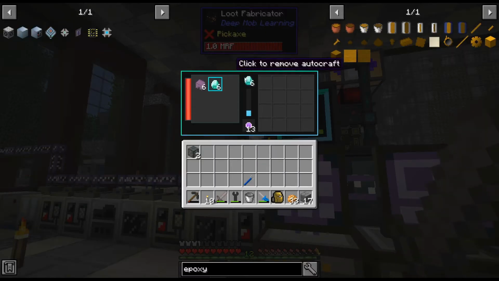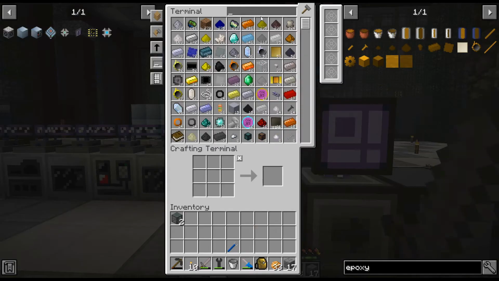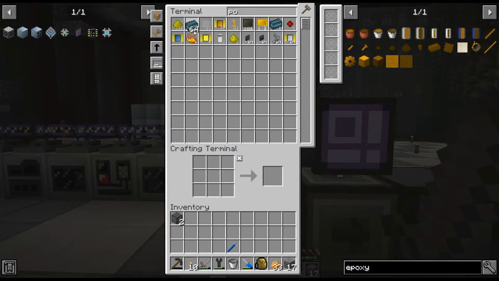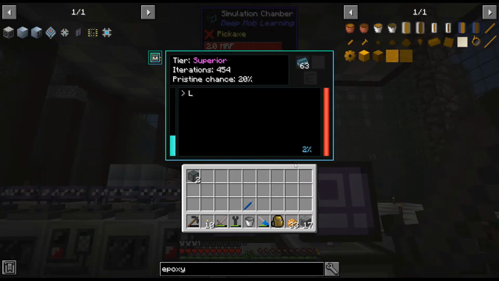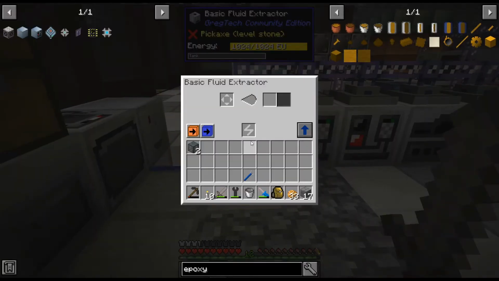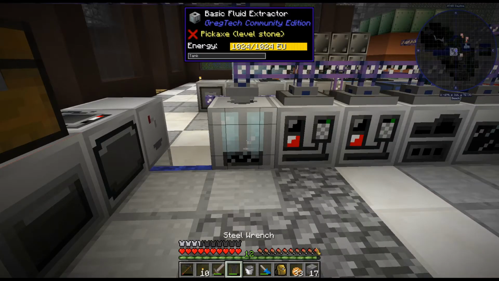I also got some shulkers for diamonds, because I was running a bit low on diamonds. We'll throw that in there. So that'll get us some fish. And then we basically just throw it in an extractor. I guess we could...